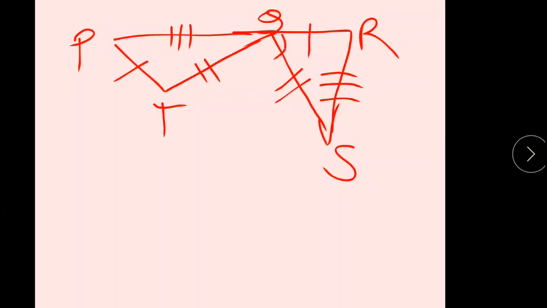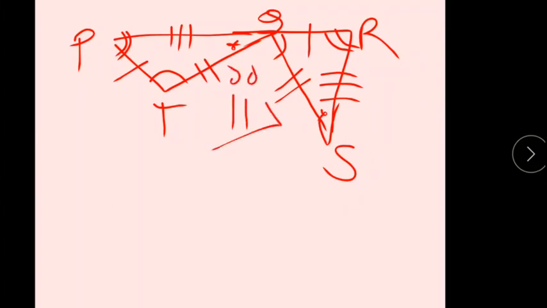So this angle, one double angle here, and a dot represented over here, and also over here a dot representing at angle Q. And anything else I'm missing? Yes, angle R, double mark. Okay, so this figure is given in your book, so you have to prove these triangles. So we will solve the number 2 figure also. This is the number 2 figure which we are going to prove.